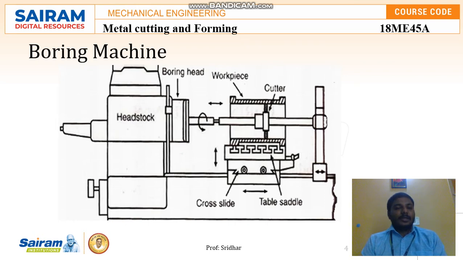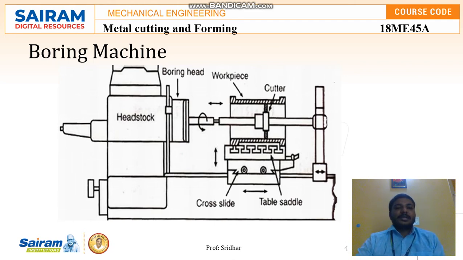So in industries, they drill the maximum size that can be done on a particular drilling machine. Then they place the same workpiece on the boring machine, where the already drilled hole can be enlarged. For example, we require a 35 mm diameter hole. Already 10 mm has been drilled by some machine. So we can enlarge that particular hole up to the required size using this boring machine. That is one of the major functions of the boring machine.